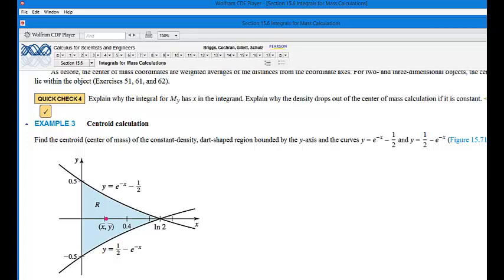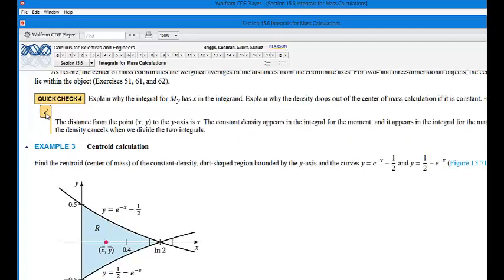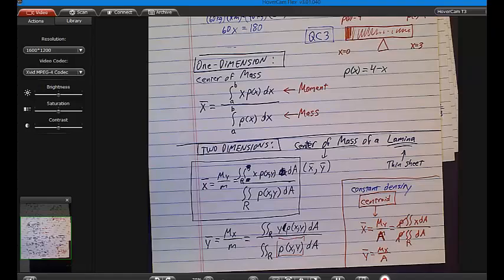Quick check 4. Explain why the integral for My has x in the integral. Explain why the density drops out of the center of mass calculation if it is constant. I guess I just did the latter part. I just showed you how the canceling happens. But for the former part, the distance from the point xy to the y-axis is x. Remember, this is the moment across the y-axis. And so, just like we were doing the teeter-totter,